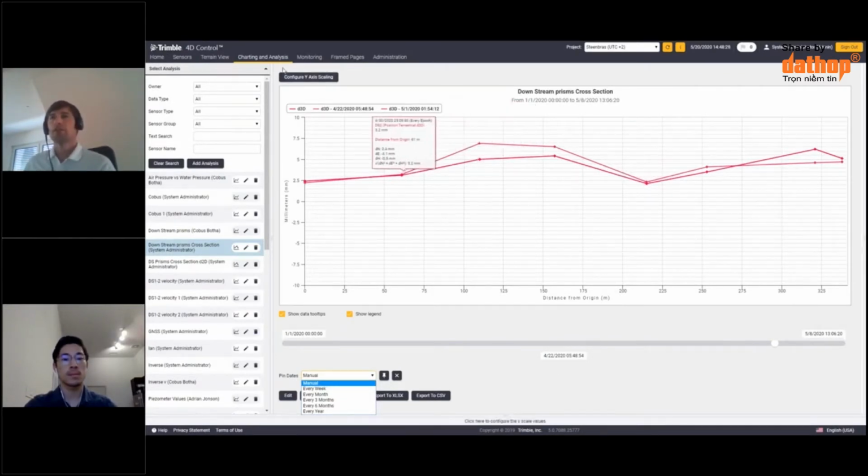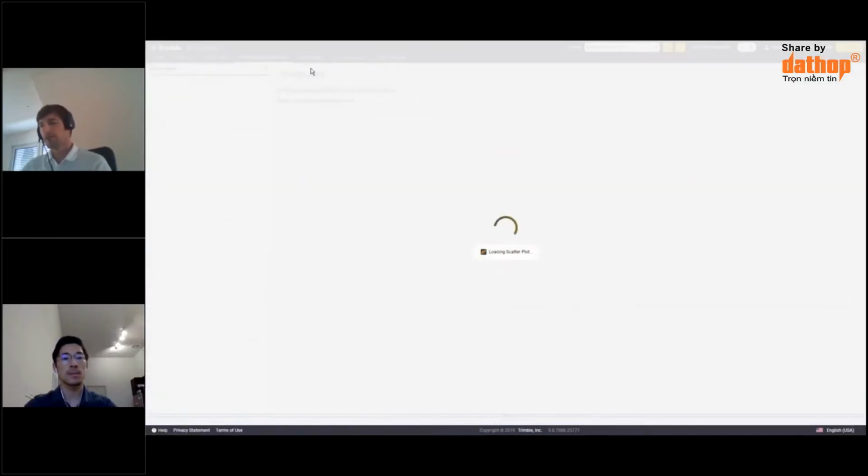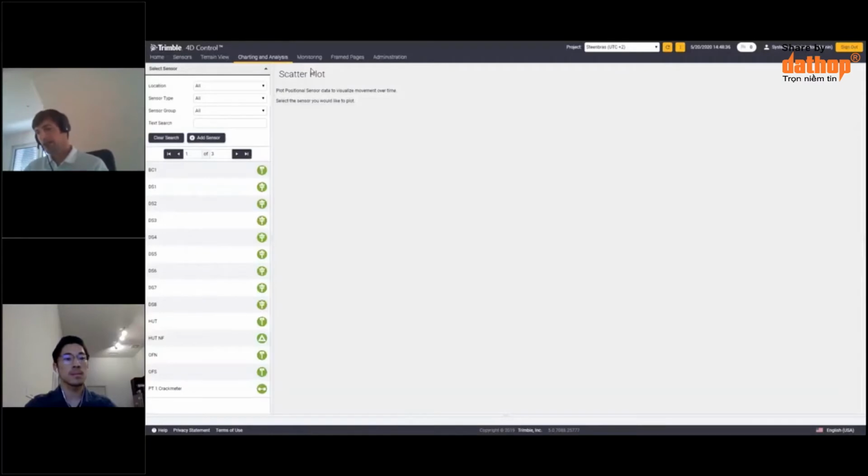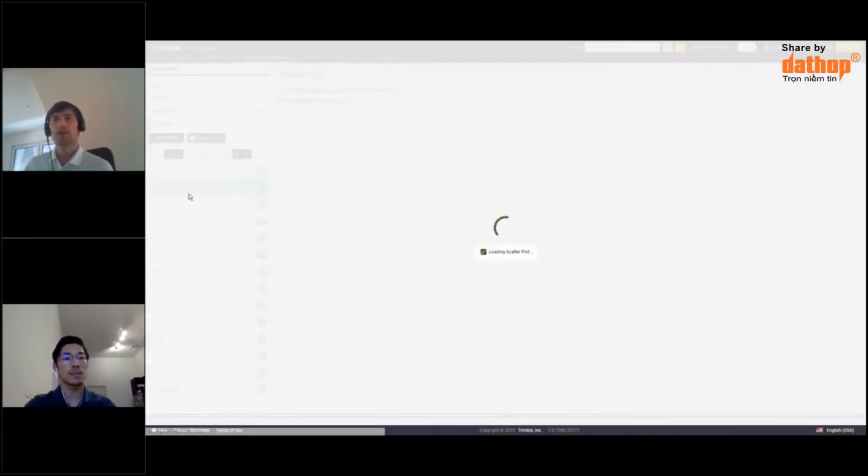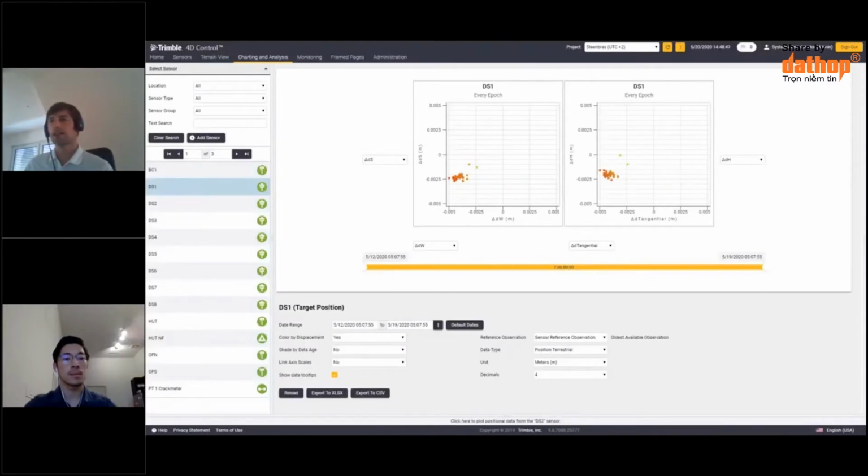Yeah. What else can you do? So if you look up here, a scatter plot. A scatter plot is another possibility of T4D to analyze data and to visualize changes in positional observations. So if I open DS1, which is my downstream target 1 again, you see there are basically two planes side by side, and this is very useful if you want to look at a movement in a